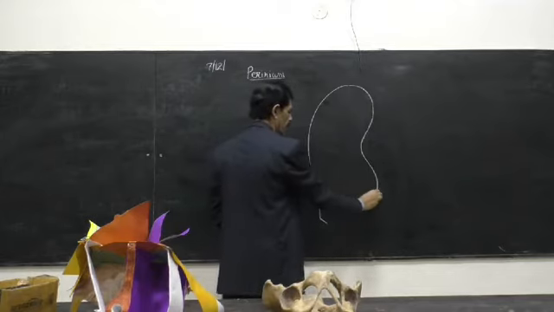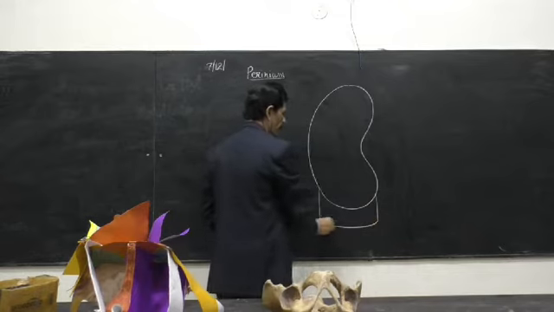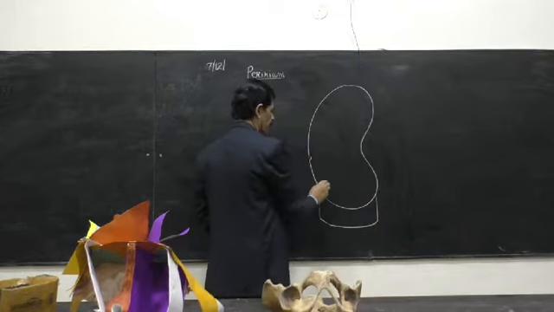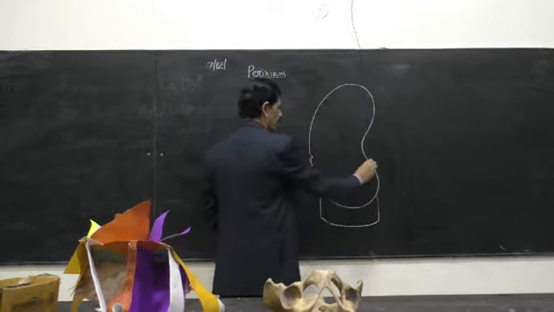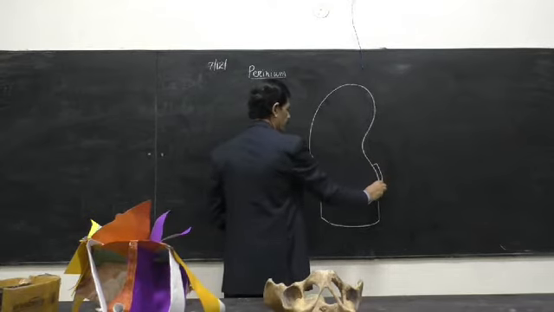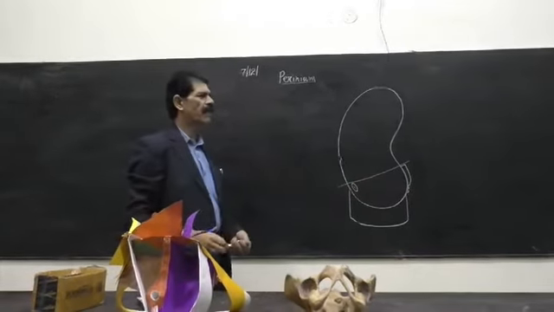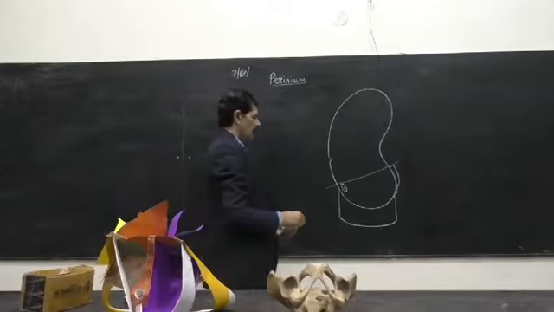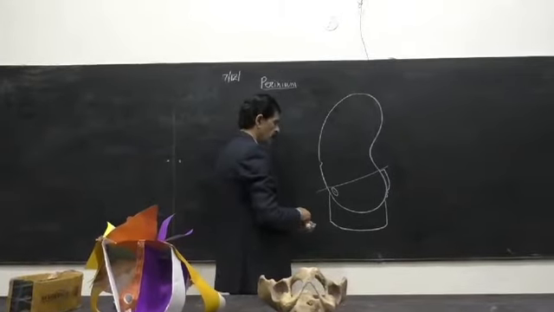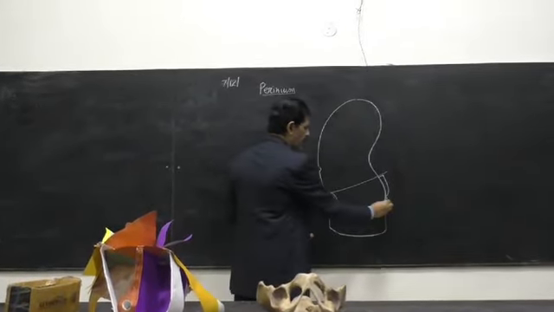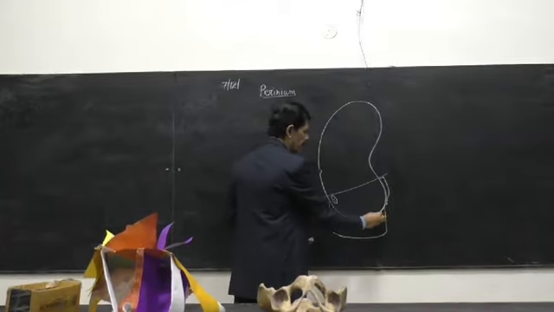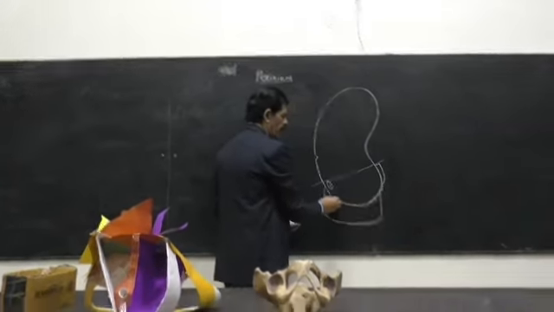kidney-shaped structure, that is the sagittal section of the abdomen, the level of the umbilicus, the pubic symphysis, the sacrum, 2-3 pieces of the coccyx. This line shows the pelvic plane, below is the pelvic cavity. So the lowermost part means starting from the tip of the coccyx up to the pubic symphysis.